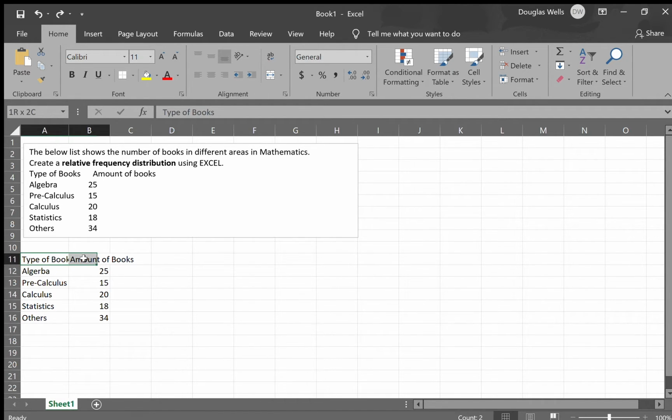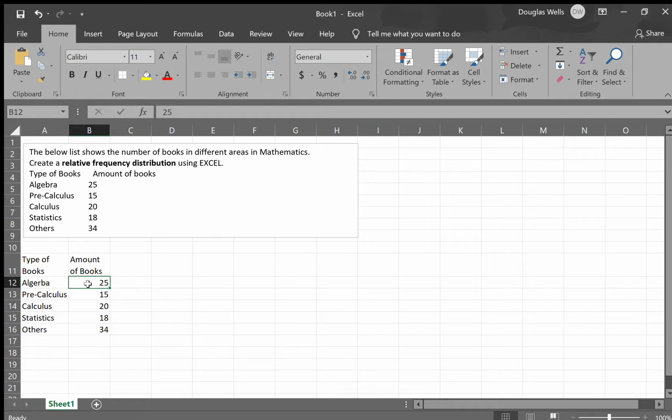So I highlight this entire row 11. If you have more columns, up to H, you have, then you highlight all the way up to H column. But my data right now, or my words, is only up to C column. So I went up there and I went to alignment, and then I'm going to click on this, which is called wrap text. As you notice, it wrapped up your text and put it in a nice way, and we're done with that component.